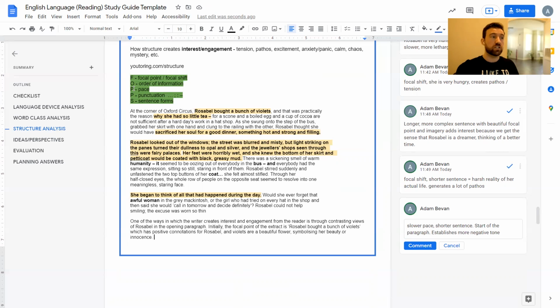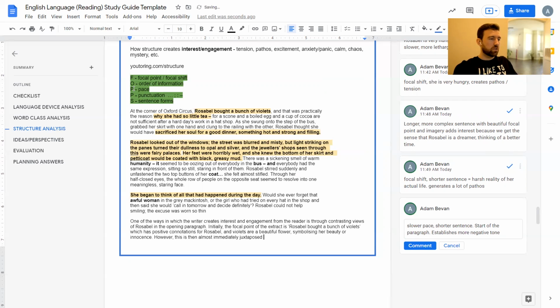that's starting to dive more into language. We could go even further if we wanted to. You could talk about "bought a bunch", so the alliteration emphasizes it further, but the focal point clearly is positive, even if you don't dive into the language, just an image of a woman with a bunch of flowers, positive image, right? However, this is then almost immediately